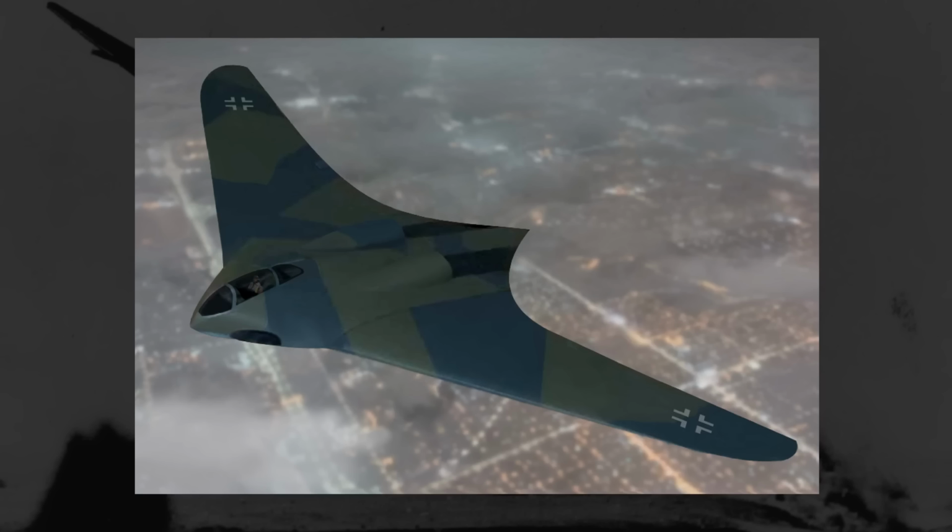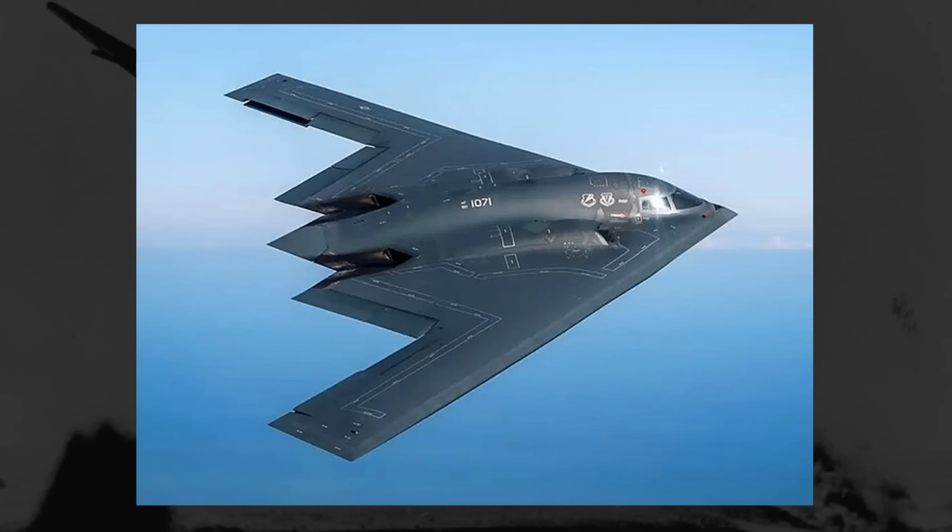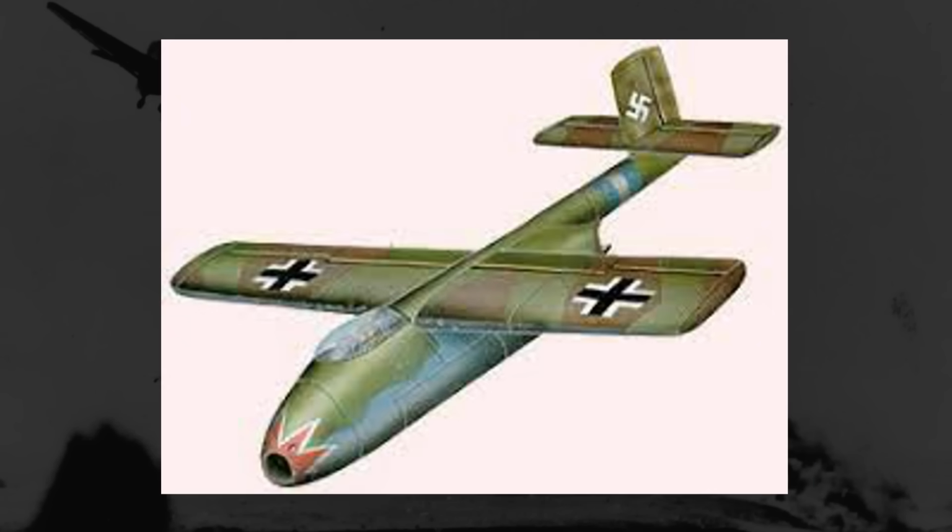Today we're going to be diving back into the seemingly endless well of bizarre German World War II experimental aircraft. A very deep well, rich with all manner of off-the-wall and innovative concepts. From flying wing jet bombers not too dissimilar from something like the B-2 Spirit bomber, to clunky-looking emergency aircraft that were designed for the average German citizen to hop right in and throw themselves into the meat grinder that is